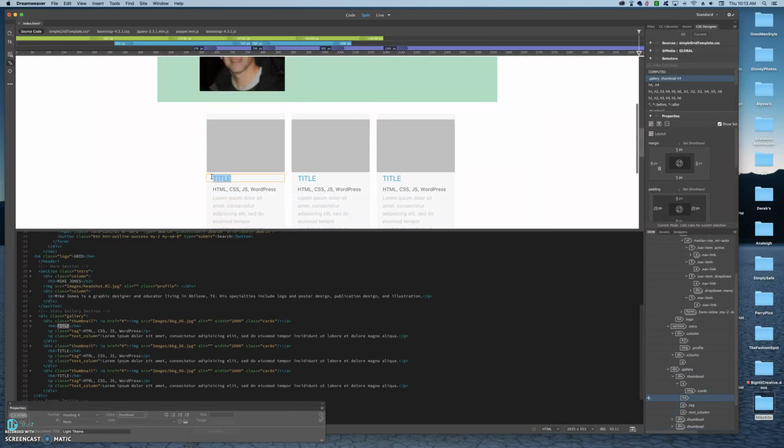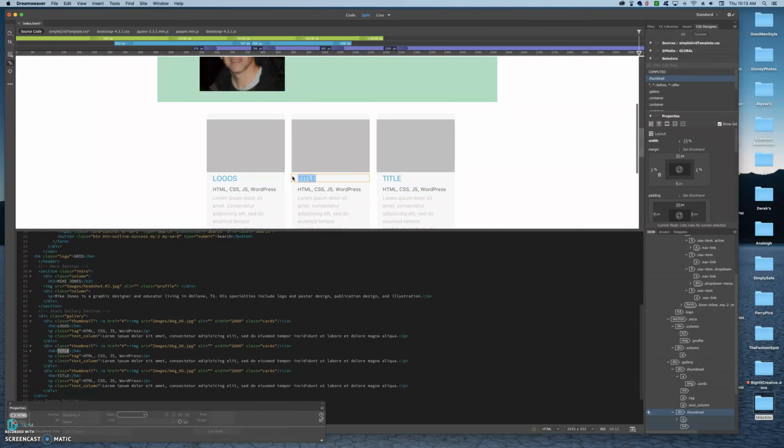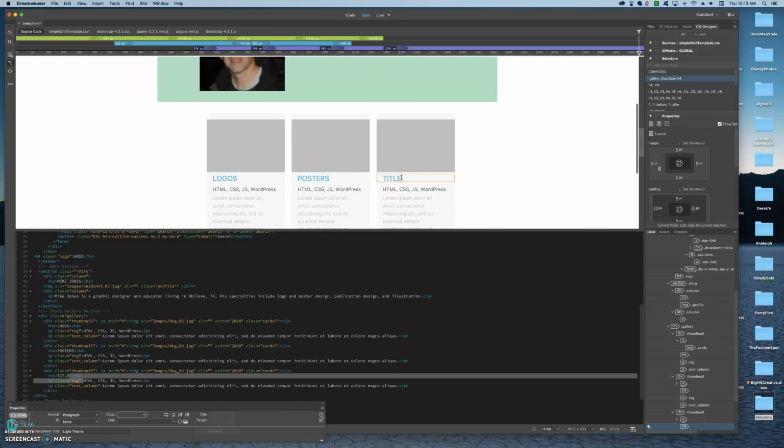And then I could change. Like here I'm going to put logos, and here I'm going to put posters, and here I'm going to put, I think,